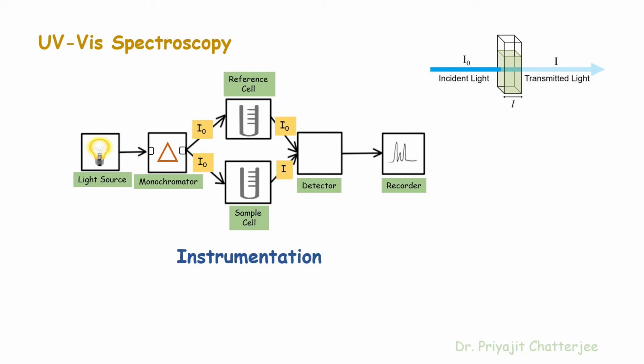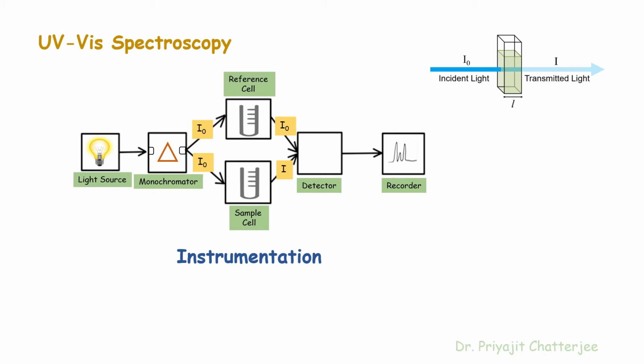Say for example, if protein is present in the sample cell, it will absorb the light. The pi electrons present in the aromatic amino acids such as tyrosine and tryptophan of the protein will absorb the UV light. After absorbing the energy from the UV light, the electrons of the aromatic amino acids will move from the lower to higher energy state. So the light which passes out from the sample cell will be of lesser intensity, that is I, and I is lesser than I0.